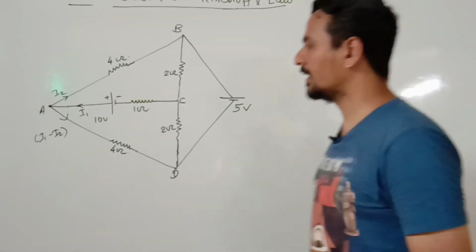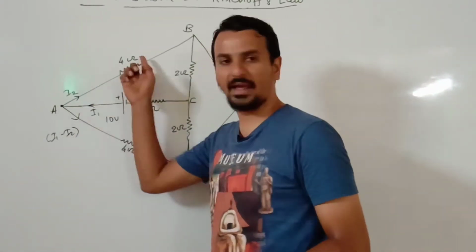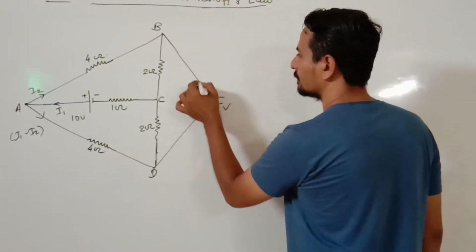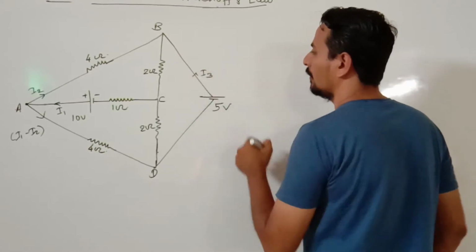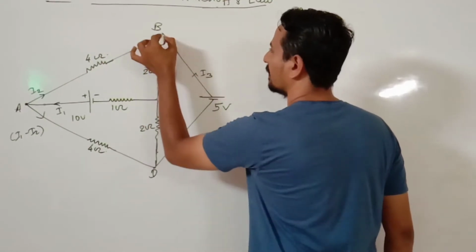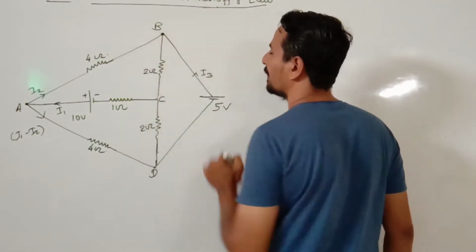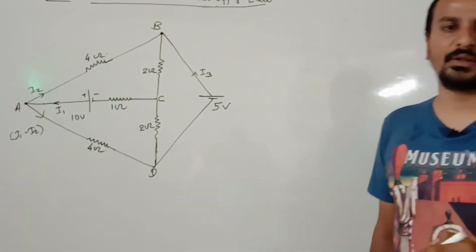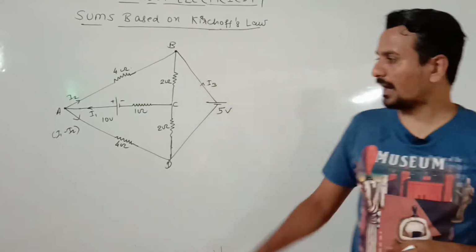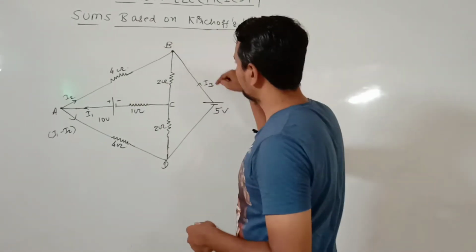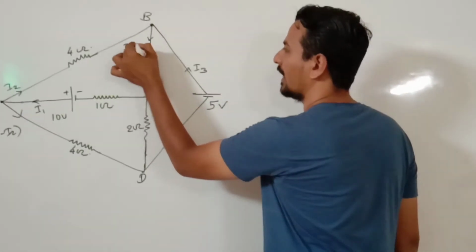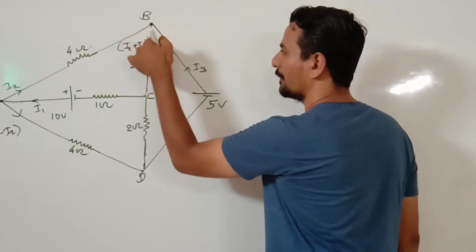You can take it another way also, like you can take I2 current over here and I1 minus I2 there, no problem. And there is another battery of 5 volt, right? So let us assume I3 is the current flowing through the 5 volt battery. I2 is the current coming from this side, I3 is the current coming from the 5 volt battery. Again point B is a junction point. I had explained in the previous videos that a junction is a point where current either gets divided or gets united, right? So I2 and I3 are meeting at point B. So let us say I2 plus I3 will be flowing through this 2 ohm resistor.